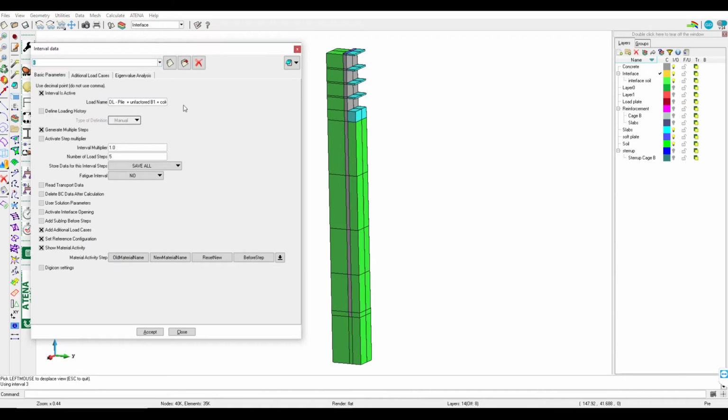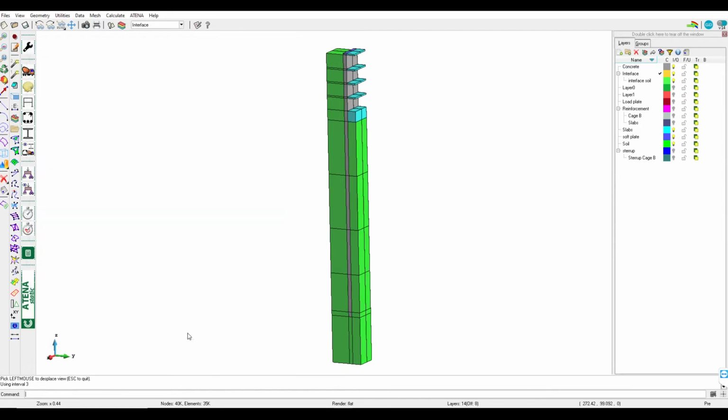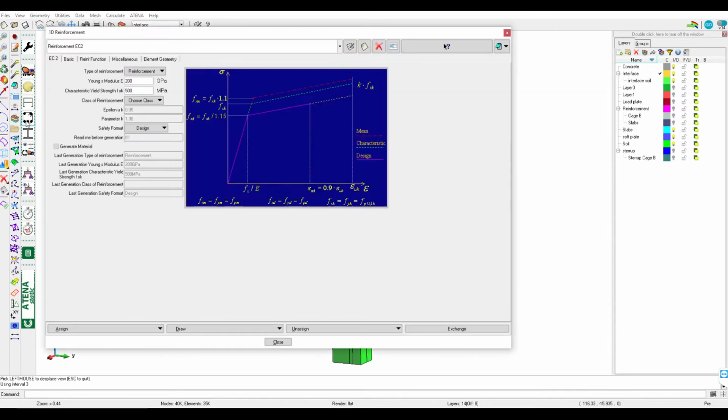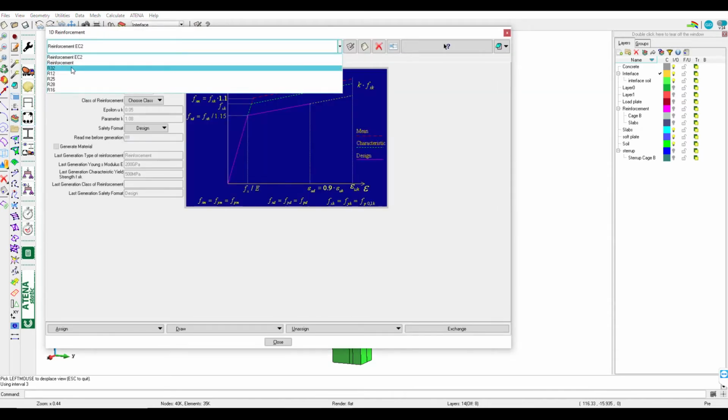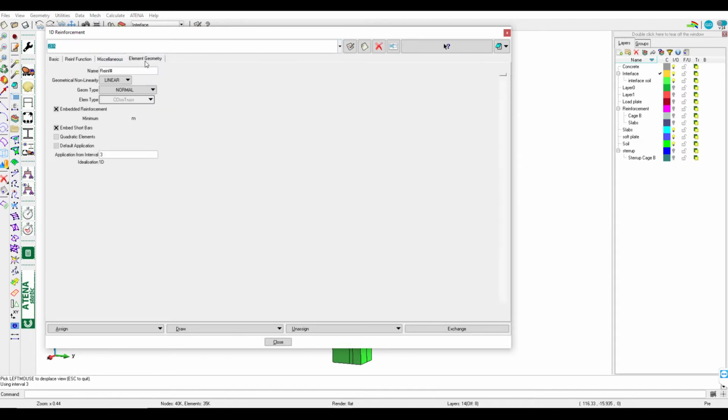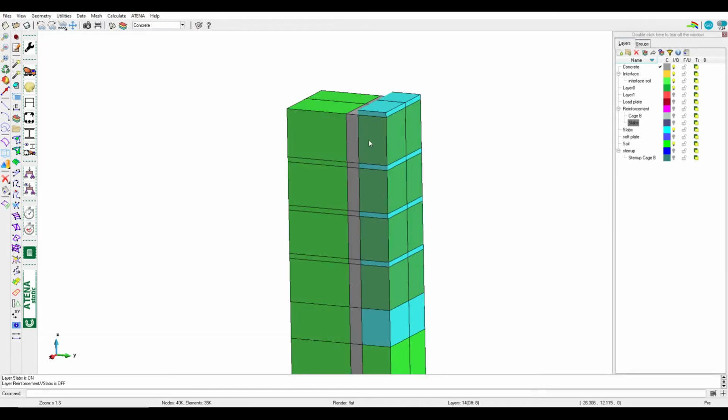the whole model in the beginning is soil, so there's no reinforcement also in the first interval. So we should activate it in the third interval when the concrete is defined and the material replaced from soil to concrete. And we can do that if we go to the reinforcement and then go to the element geometry tab and deactivate default application, and here we can write the number of the interval which we need. After we delete these parts and we build the P2 plate, now we will